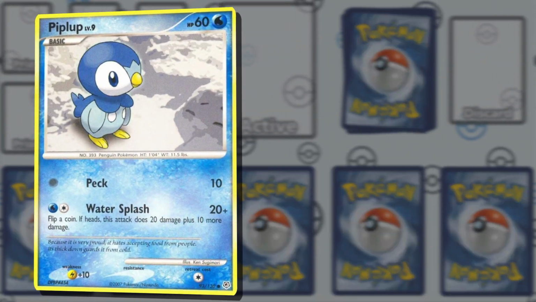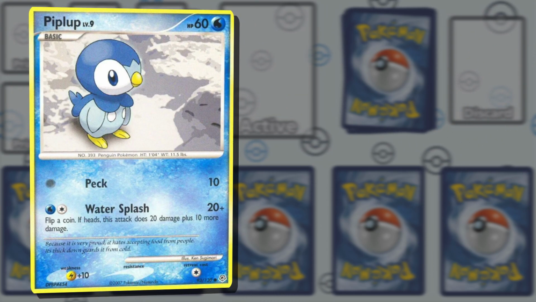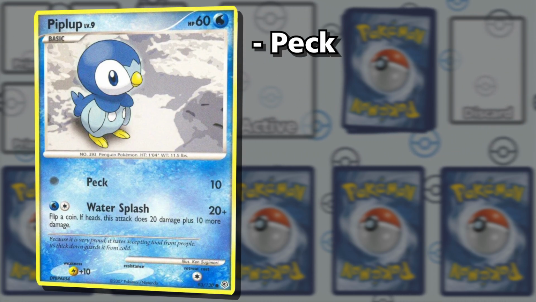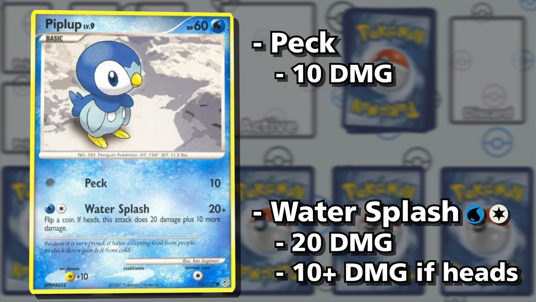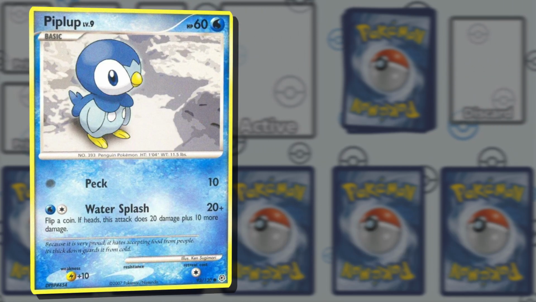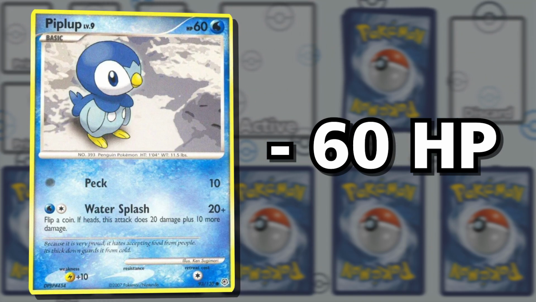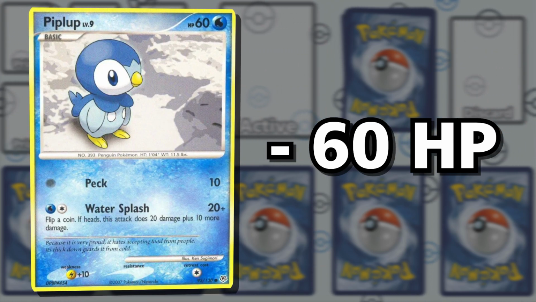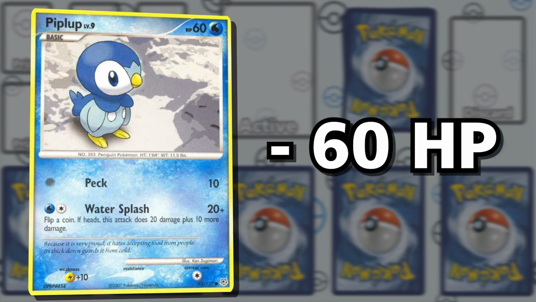This ace is unique in that every evolutionary stage has something special about it. Piplup has the move Peck, which doesn't require any energy and does 10 damage, along with Water Splash, which for 2 energy can do a possible 30 damage. Nothing special there, but what makes this starter special is it has 60 HP. This was above average for a basic Pokemon, or at least one that had 2 evolutions. This made it so your Piplup had a higher chance of surviving the early game, allowing you to evolve it